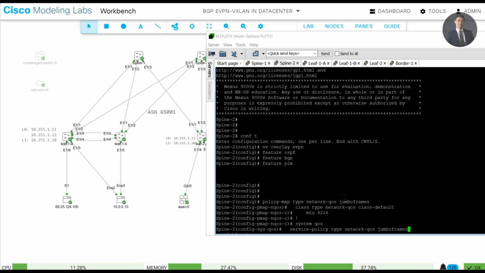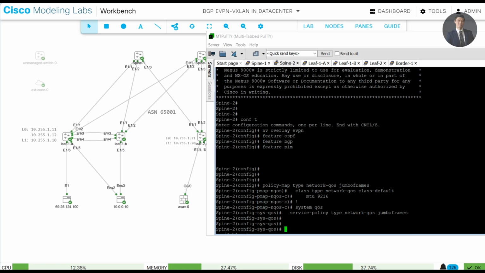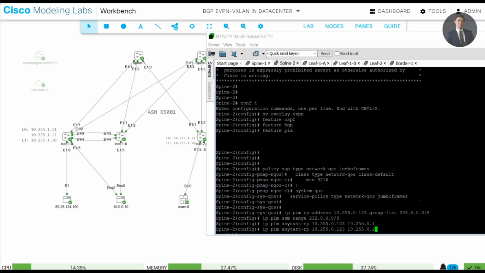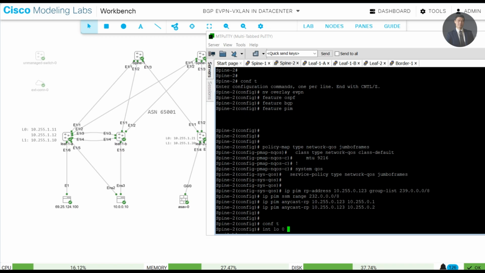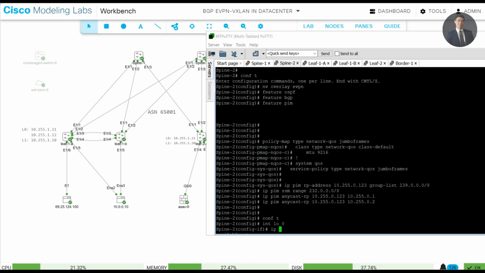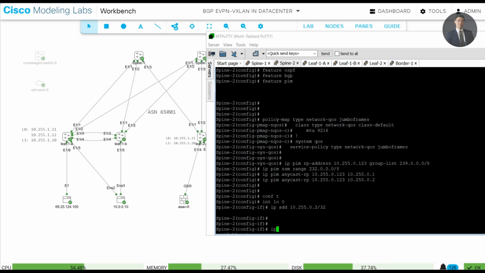Alright, and this is my PIM configuration, and I have my loopback 0 IP address 10.255.0.2. So first enable OSPF